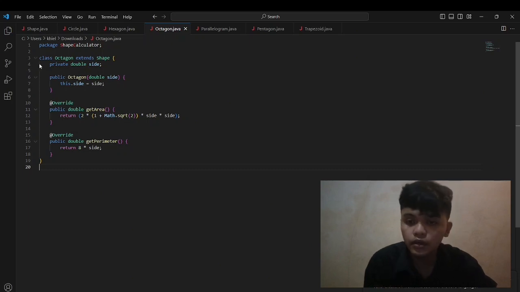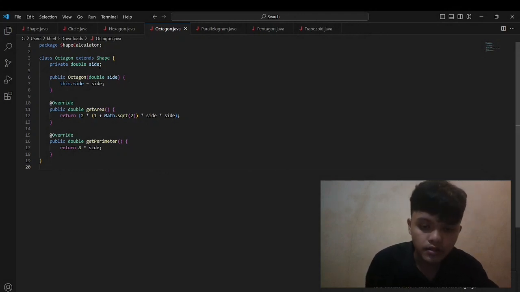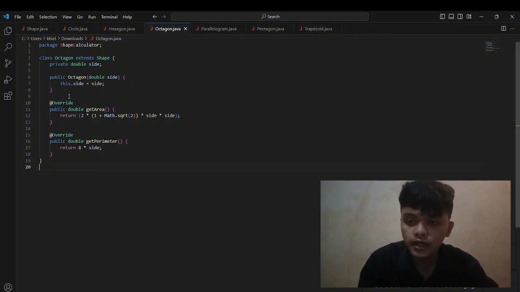Private double side. And next, the constructor for the octagon class takes a double value for the side and assigns it to the member variable. Public octagon double side, this.side equals side.